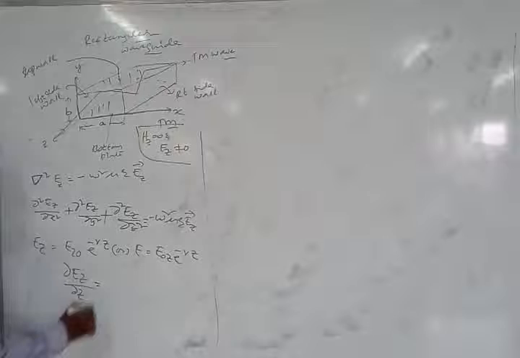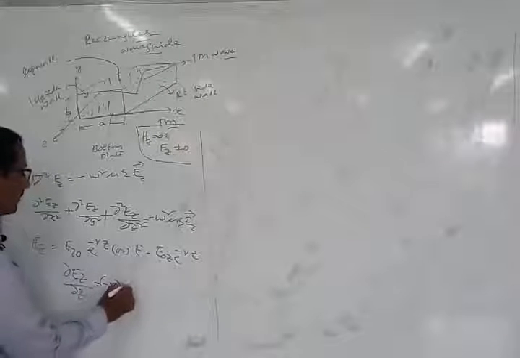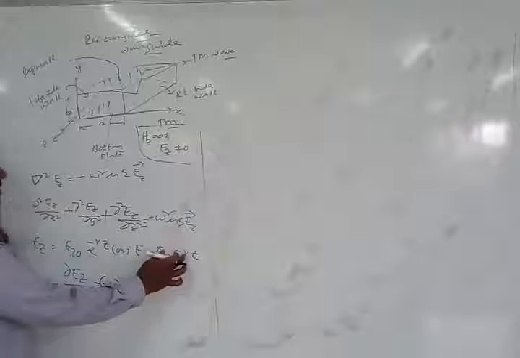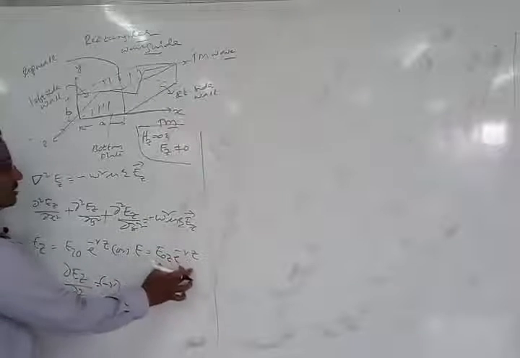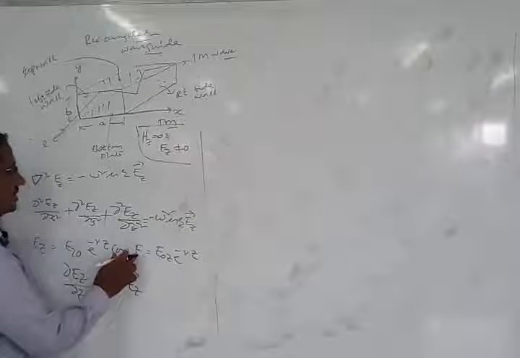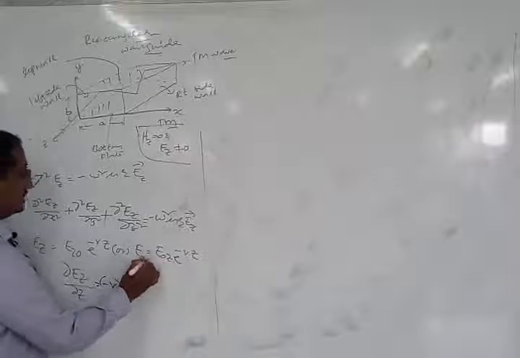So this I can have minus gamma into the entire factor. If I differentiate this with respect to z, what do I get? This minus gamma will come out and the rest of the thing remains as it is, into Ez. What is Ez? Ez is nothing but equal to this.